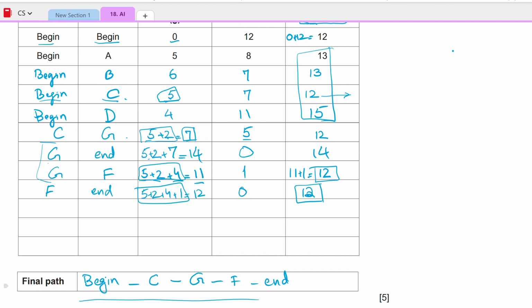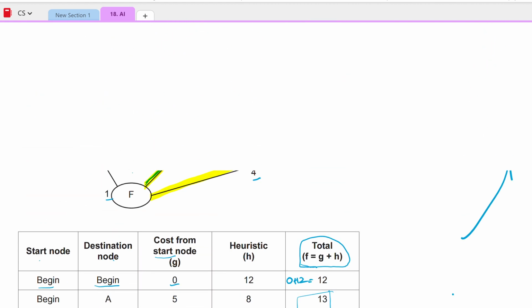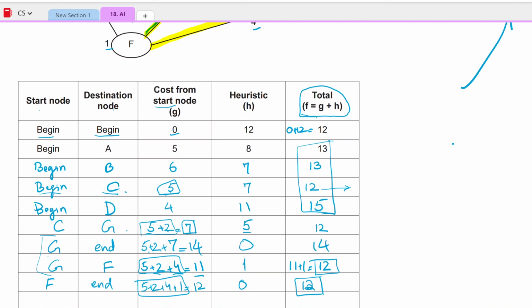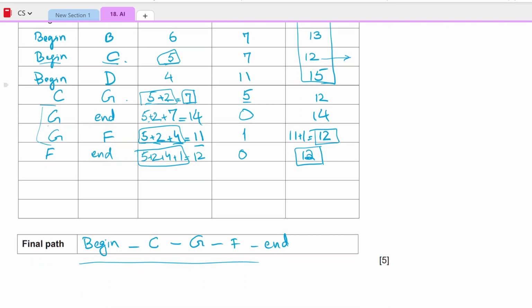So this is how you solve the A star algorithm. You keep adding the G and the H values. The H values are only added for the current node, and the G value is added from the start node. At the end you should get the final shortest path,